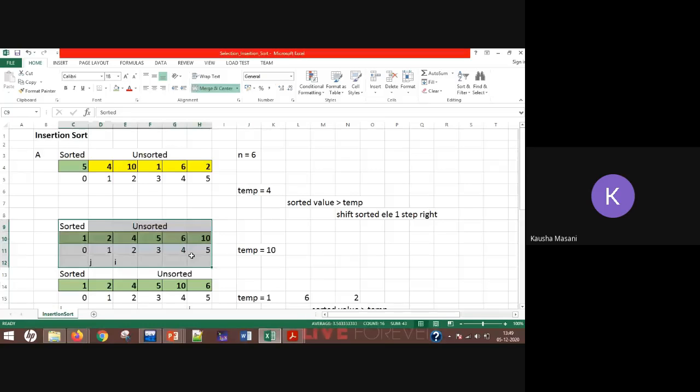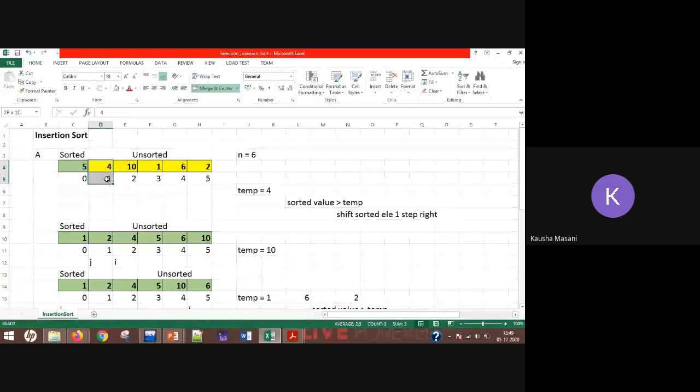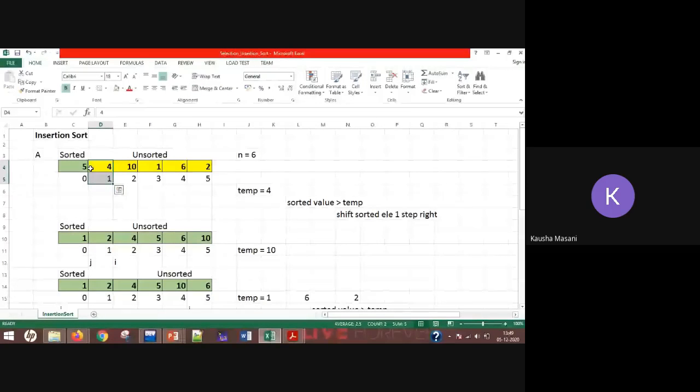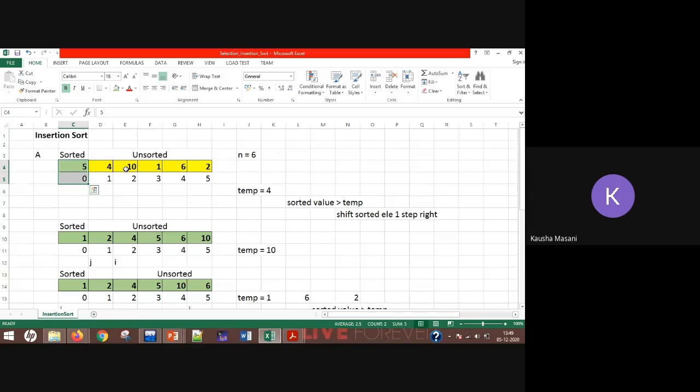इसको हम इंसर्शन सॉर्ट क्यों बोलते हैं, क्योंकि हर एक मूव के बाद हम क्या कर रहे हैं कि हम अनसॉर्टेड की किसी एक वैल्यू को सिलेक्ट करके सॉर्टेड में इंसर्ट करवा रहे हैं। We are picking up one value from the unsorted list and we are inserting it into the sorted list, okay, and that's why the name is insertion sort।